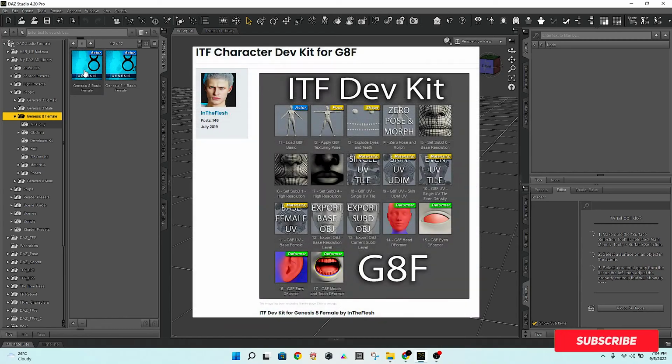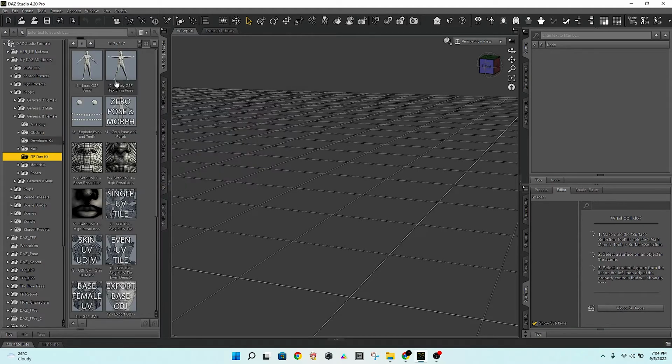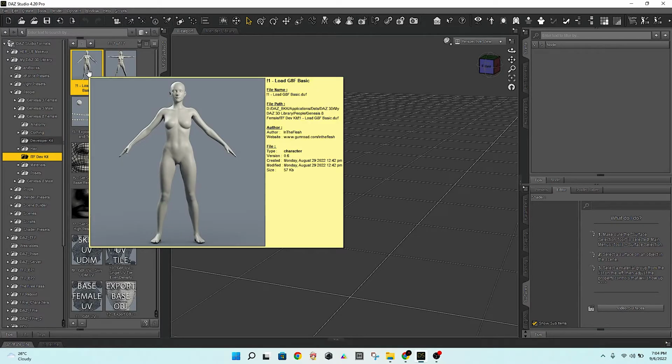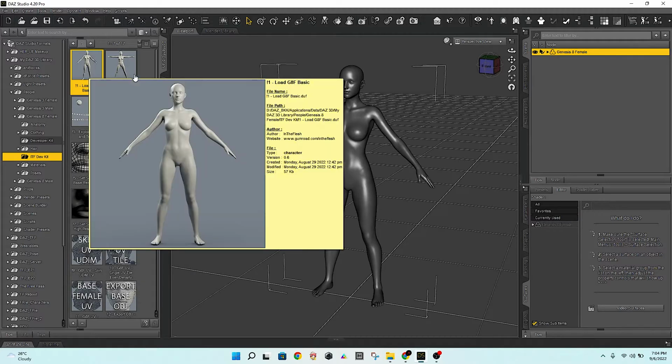The ITF Dev Kit is available for free download. This pack contains a custom UV set that we will use. You can also do it yourself using any 3D modeling software, such as Blender. If your iPad is capable of handling high-resolution models, you can export the model as desired